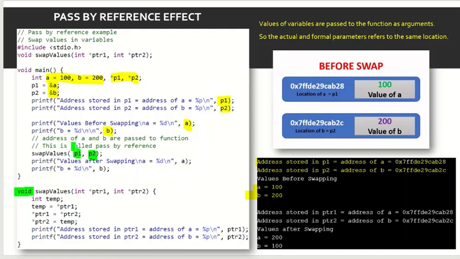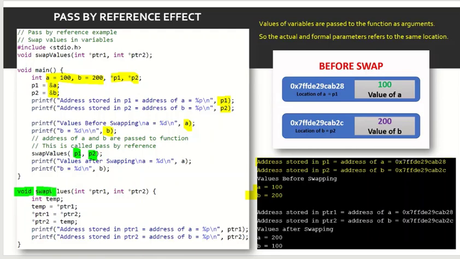That means anything that we do inside the function will reflect in the main function. So if I change the value stored at p1 in the main program, also it will reflect. Similarly for p2. So I am going to change the value stored at p1 and p2 inside this